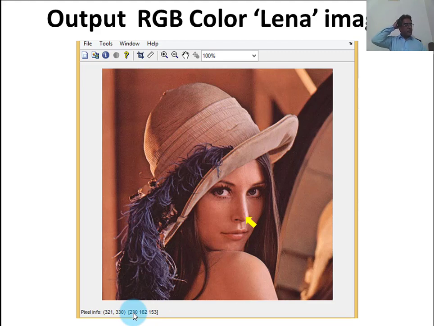At this position, the pixel value of the red plane is 230, the pixel value of the green plane is 160, and the pixel value of the blue plane is 153. These are the color pixel values of the three planes.